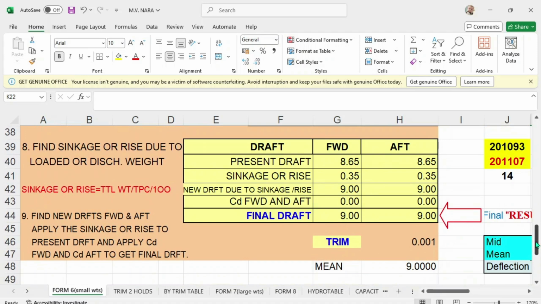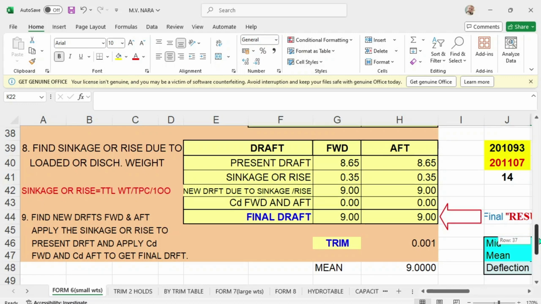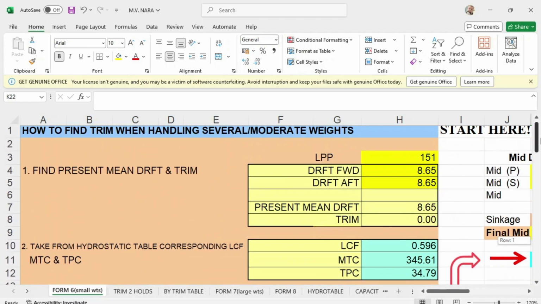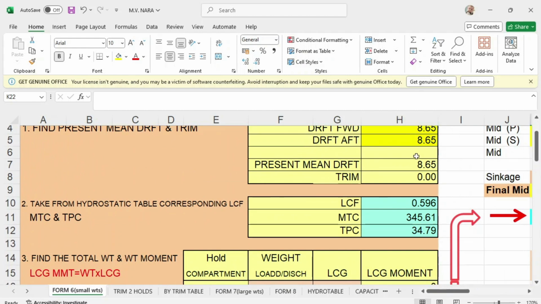Now I will take note of this mean draft, and its LCF is 0.596.